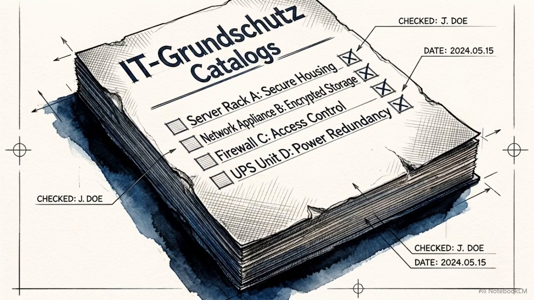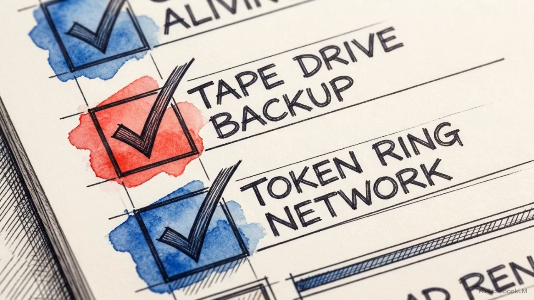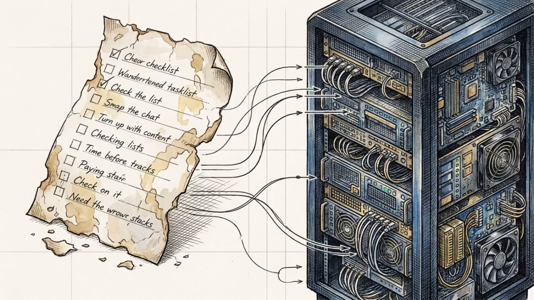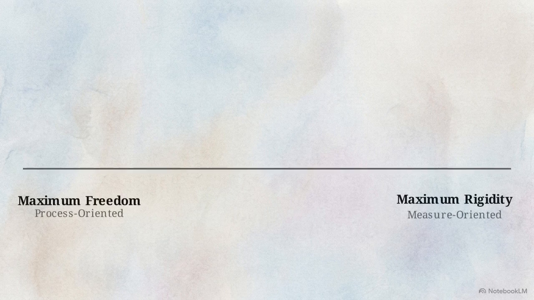Early versions of this framework ran into a severe problem. They prescribed highly specific, rigid technical measures. As technology evolved, dictating exact configurations made the framework brittle and prone to obsolescence. To understand how the modernized model fixes this, we have to look at how different frameworks dictate architecture across a